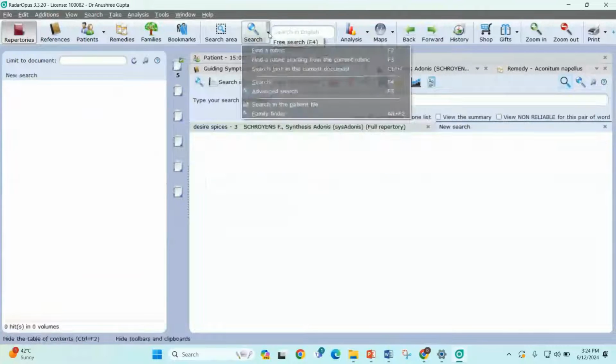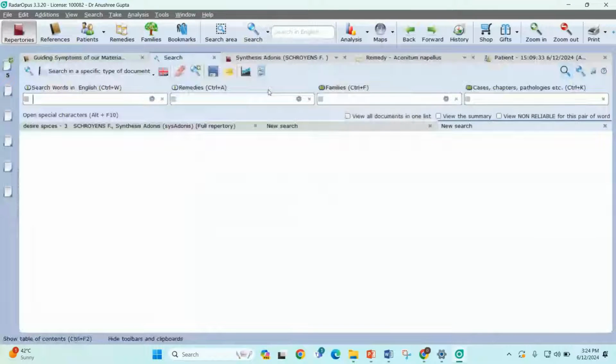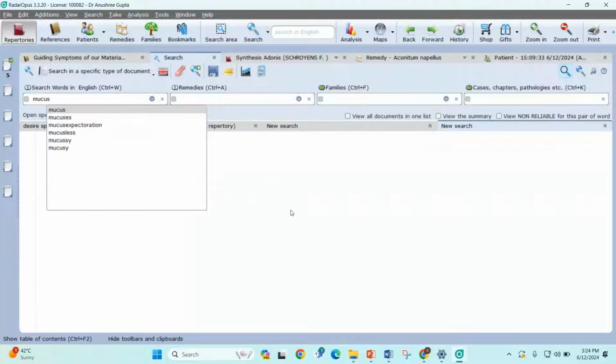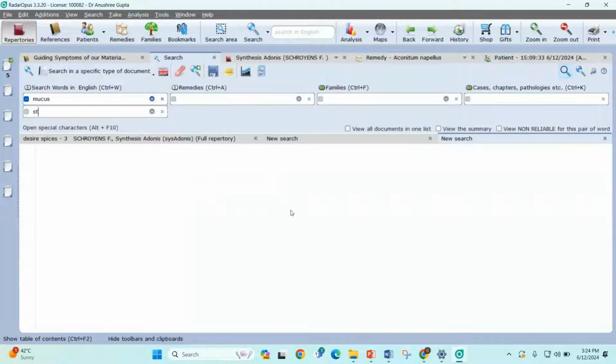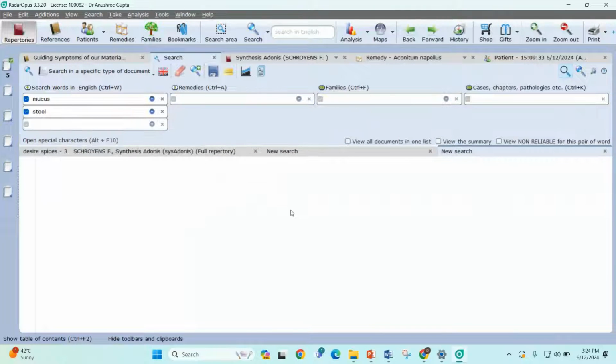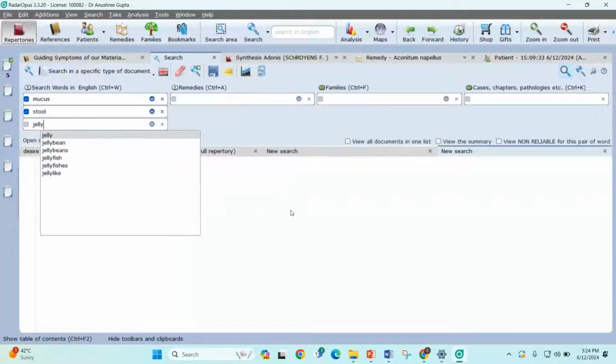Next to this basic search is this advanced search feature, where you can do your specific kind of searches. So the next symptom of the patient is jelly-like stools. So I'm just mentioning mucus, stool, jelly-like.